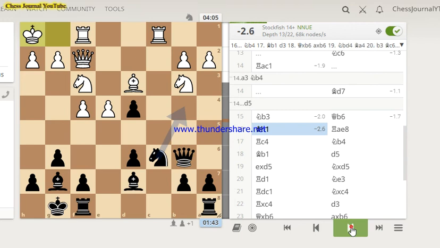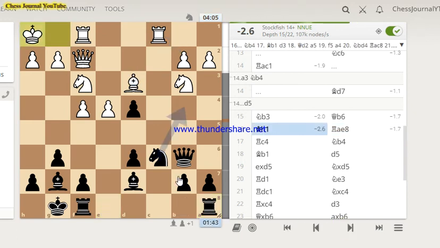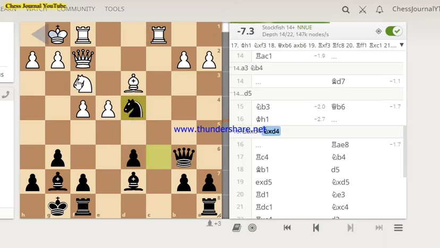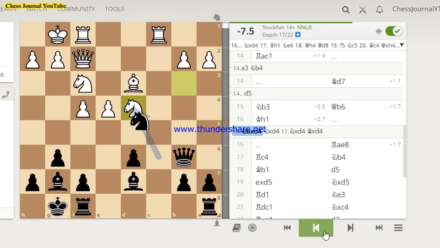So here they can't grab this pawn, as I said during the game. Now let's analyze what happens if they take this one. On the surface it looks that they can win, but we take here and this one is guarded, and see, we are going to win the queen. So they had to